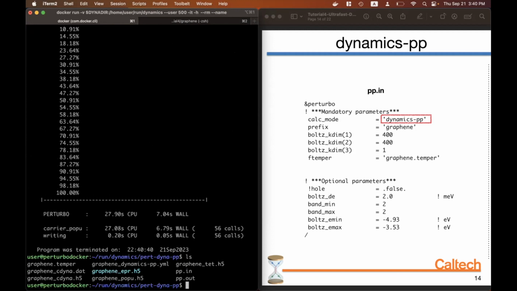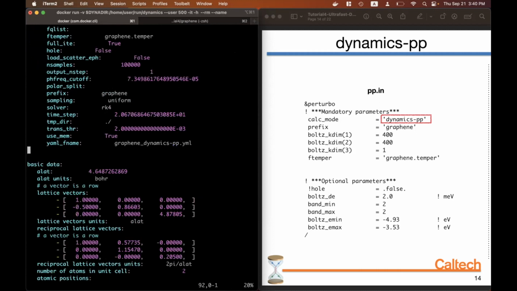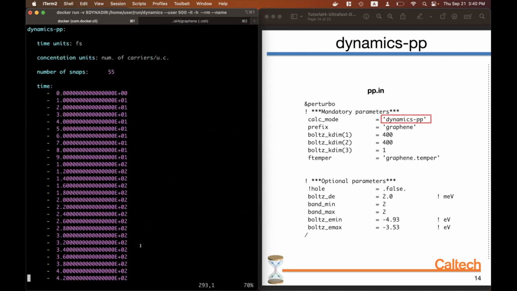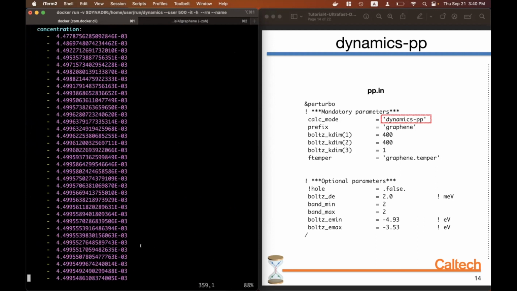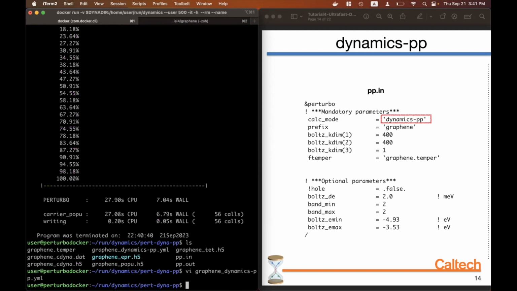The first one is the YAML file. It contains some input parameters of our choice, and also post-processing of all the times vector, the concentration, which is the sum of the electron population, and some timing for perturbo runs. And then the most important one is